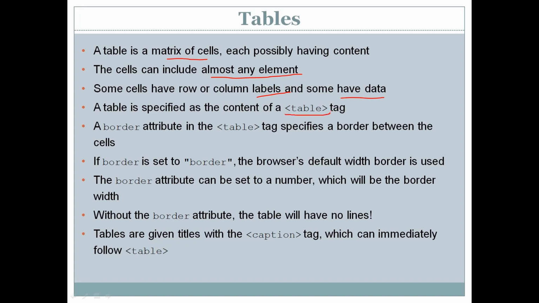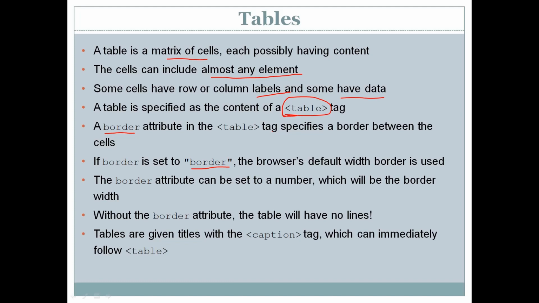Now how to create a table? There is a tag with the name table. The table always starts with a table tag. The table tag has a border attribute. This attribute specifies a border between the cells. After table we have the attribute border, which is equal to the border width, such as 5 points, 3 points or 4 points.